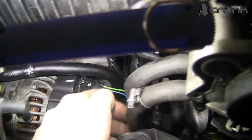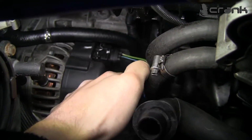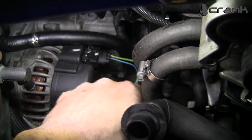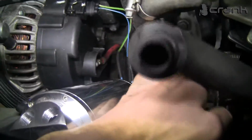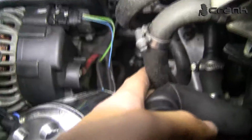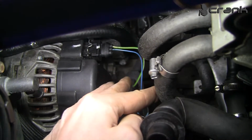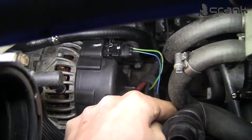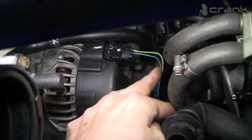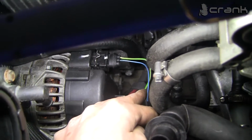So we take the multi-plug for the alternator from the E38 installation and solder that blue wire that comes from the E36 installation. You can see we soldered it here. And the other green wire, we just isolated it. It's not plugged anywhere. It just goes to the rubber there. On the E38, I think this wire goes to maybe the instrument cluster or the ECU, I'm not sure 100%,